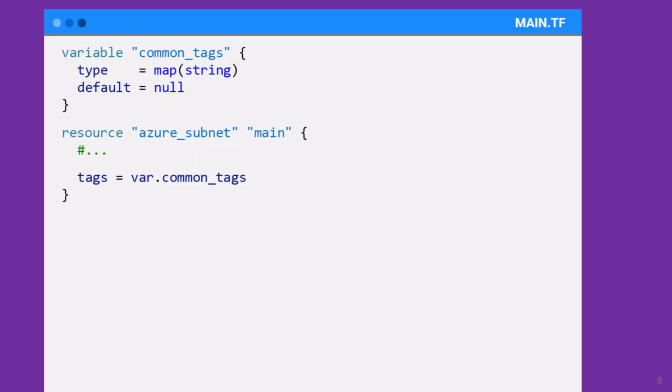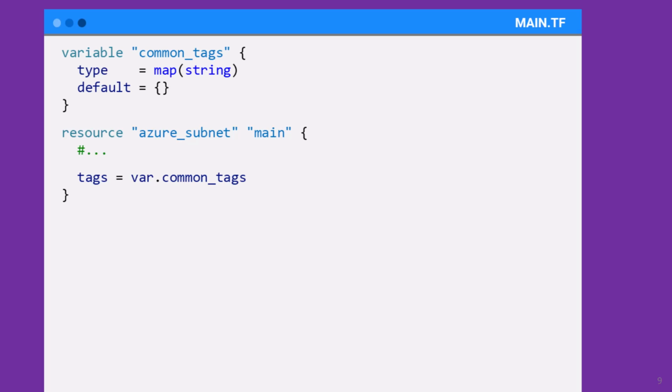You can set an input variable with a default value of null, assuming you're using it correctly in the configuration. Here's an input variable called common tags with a type of map of strings. For the default, I can set it to null. If I do not pass a value to this input variable during plan, Terraform will pretend that I just didn't set the tags argument at all. This is different than setting the default to an empty map. The empty map is still a value, so Terraform will include the empty map as an argument when working with